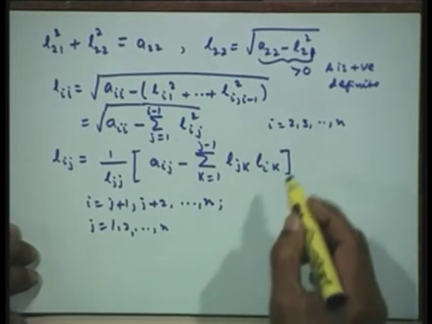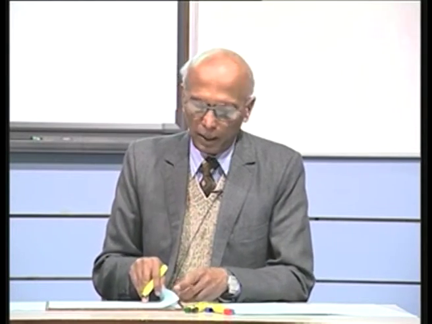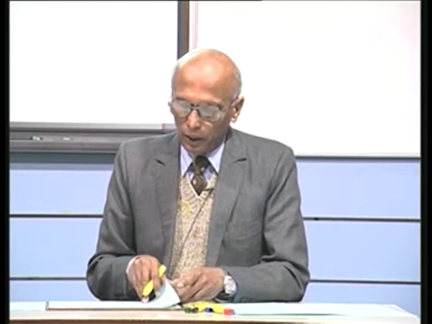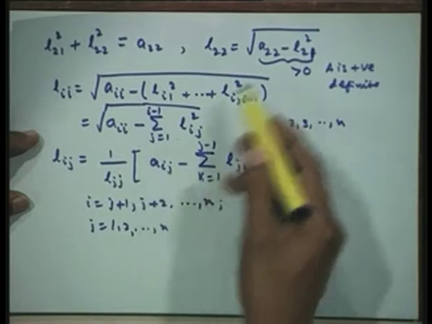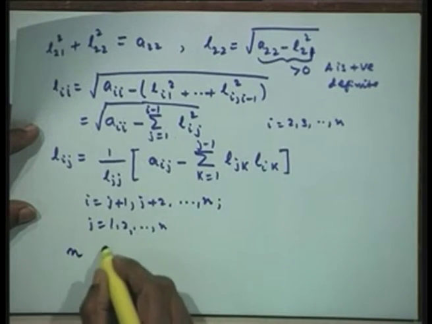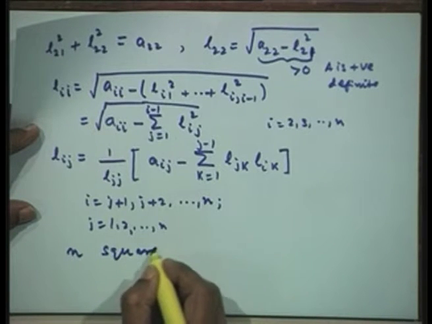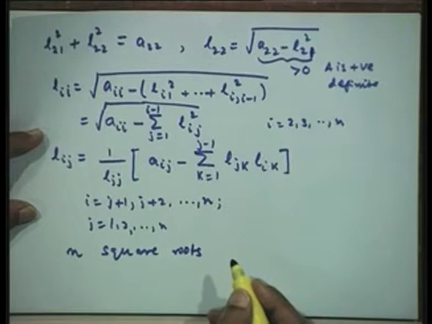So if I take j is equal to 2, then I will start getting the next elements. So this is the general loop under which all the elements of Lii and Ljj can be obtained. Now you would notice why the method was given the name square root method. We have got square roots for each pivot, so all the pivots are to be done by square root. Therefore n square roots are to be obtained from here.